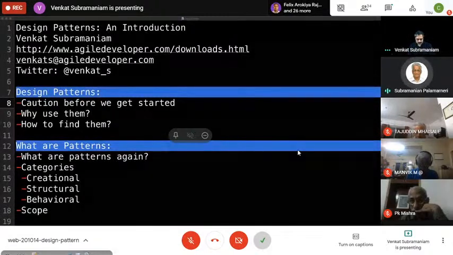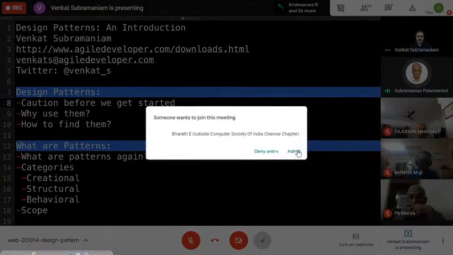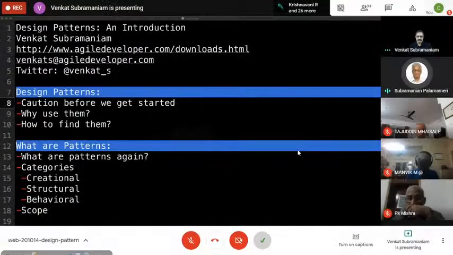In this presentation, Dr. Venkat will start with a short discussion on the purpose of design patterns and the way patterns are classified. He will then, using live code examples, dive into some popular design patterns. He will conclude with a discussion on the relationships between programming languages and design patterns and the challenges of identifying and using them.